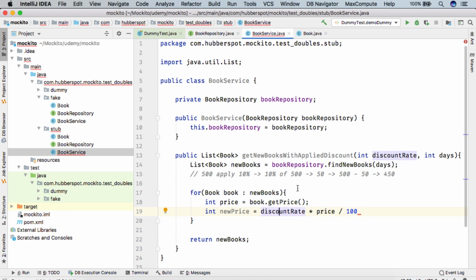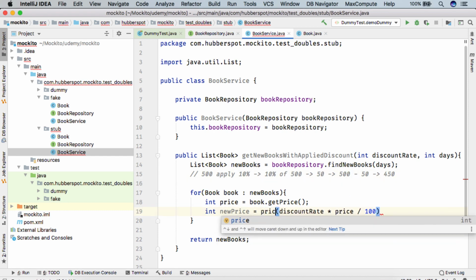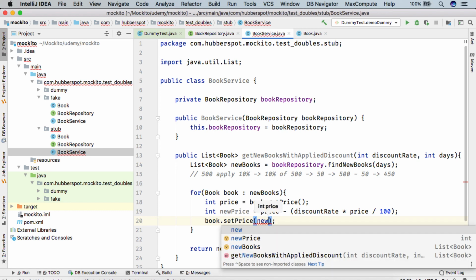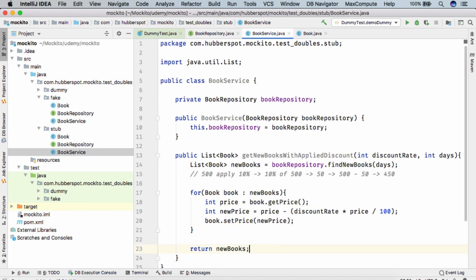So this will give us, let's say for example, 10% of 500, which is the actual applied discount. And then we'll subtract this discounted amount from the actual price. So this will give us back the new price. So finally we'll call book.set price and simply set the new price. And finally we are returning the new books.